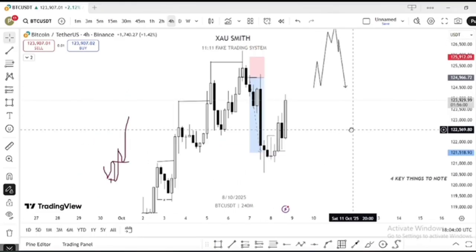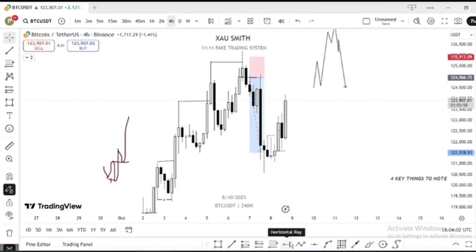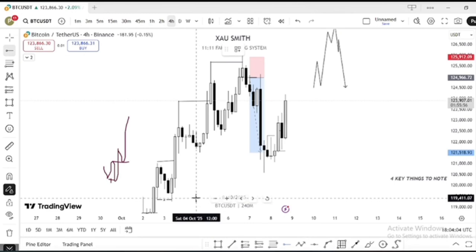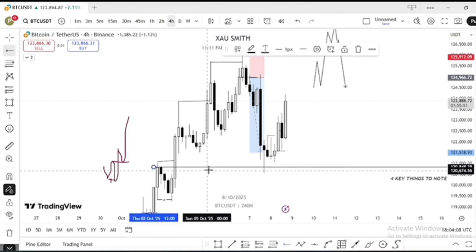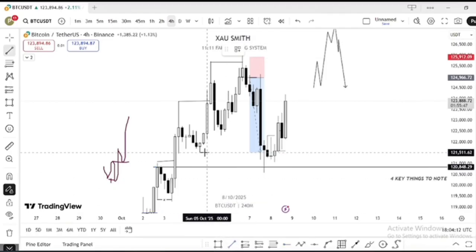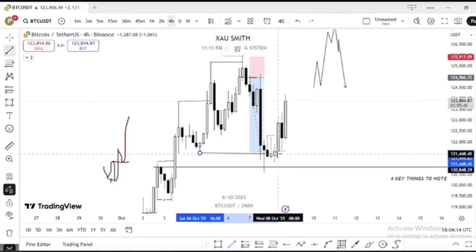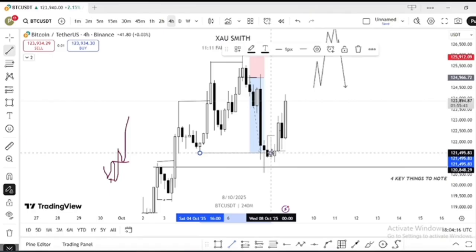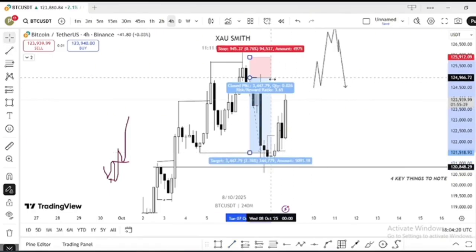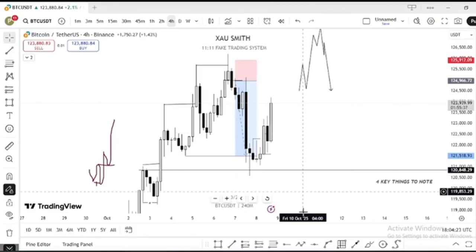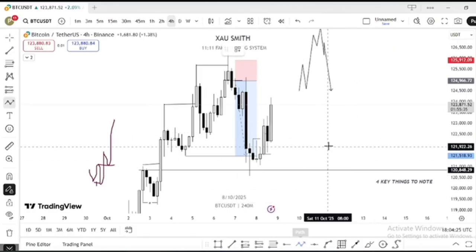And mind you, look, market did exactly the same. This was the area that I wanted to buy from, right? This was the area and this was my target. And the entry model, just like I said, liquidity sweep,